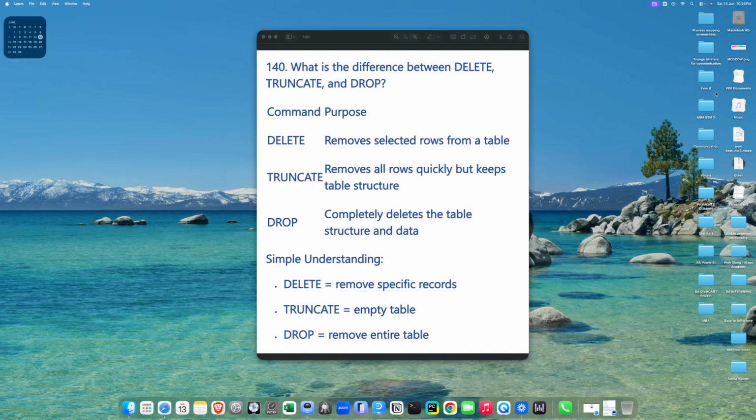I'll answer. Delete removes selected rows from a table. Truncate removes all rows quickly but keeps the table structure, while drop completely deletes the table structure and data. Simple understanding would be: delete removes specific records, truncate is equal to empty table, and drop is equal to remove